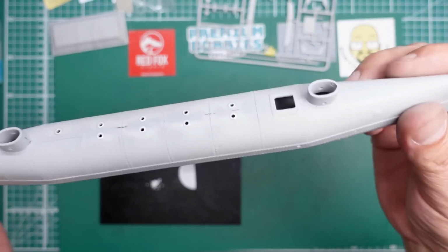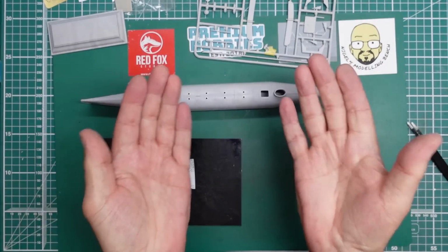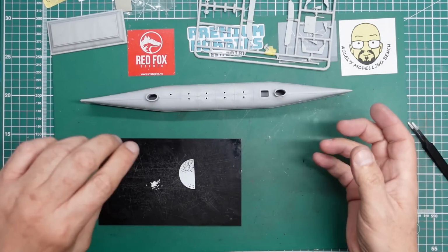Okay, that looks much better. What it is, when you press them, they go slightly sort of beveled. And what I've done is put them...